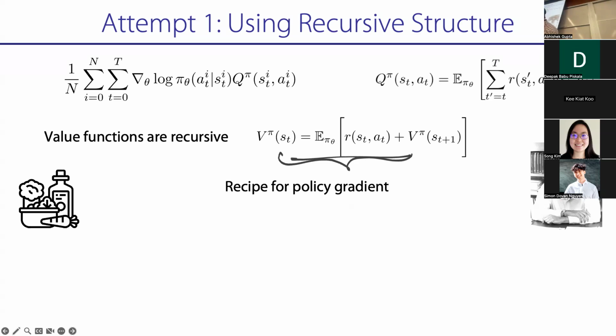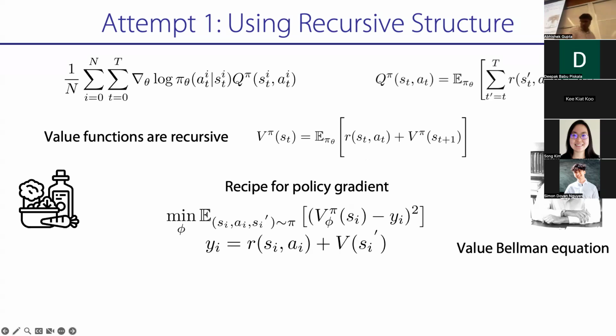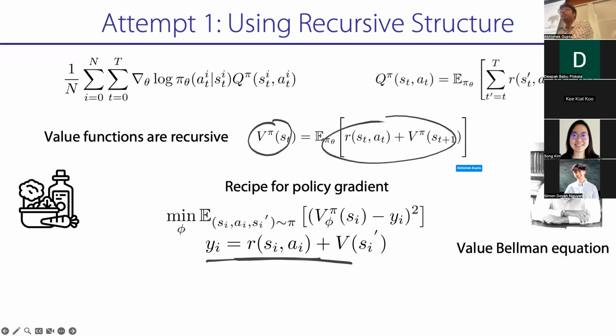Cool. So the way we're going to do this is we're going to use this update, which is saying I'm going to construct targets, which is R plus future V. And I'm going to try and match V of S with R plus V of future S, right? So you can kind of think of this objective as making the left and the right-hand side of this the same. Yeah. So this side is V of S. This side is R plus V of future S, right? So you're trying to make this and this the same.